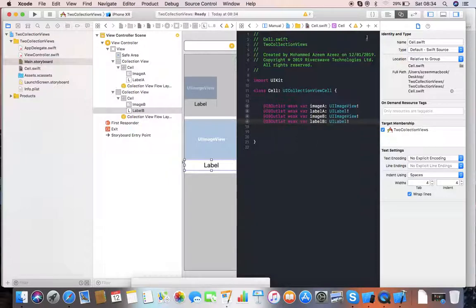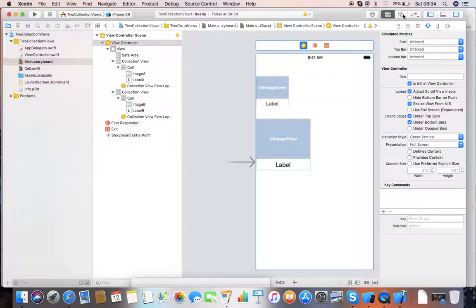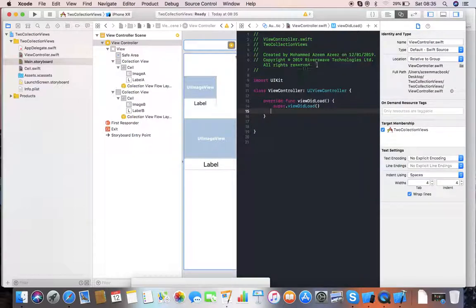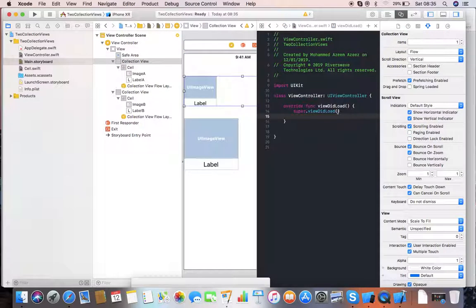Alright, that's over here in our collection cell. Close it. I'm going to call our inspector. It's already connected to ViewController A. So the first thing, what I'm going to do next is create an outlet for